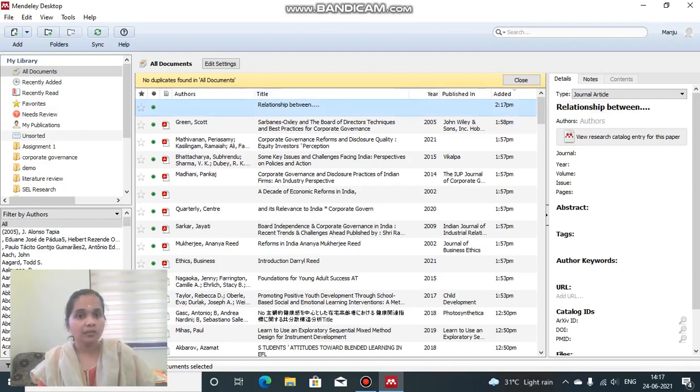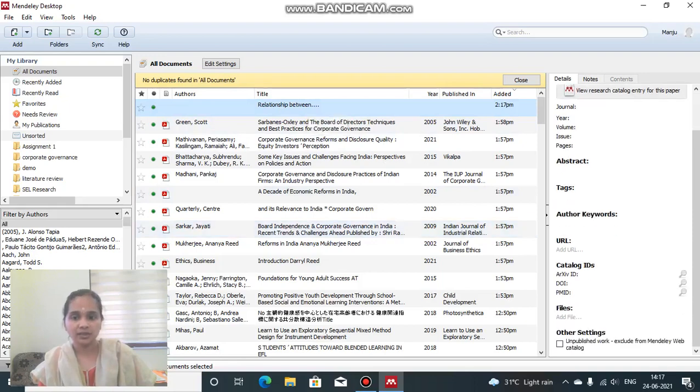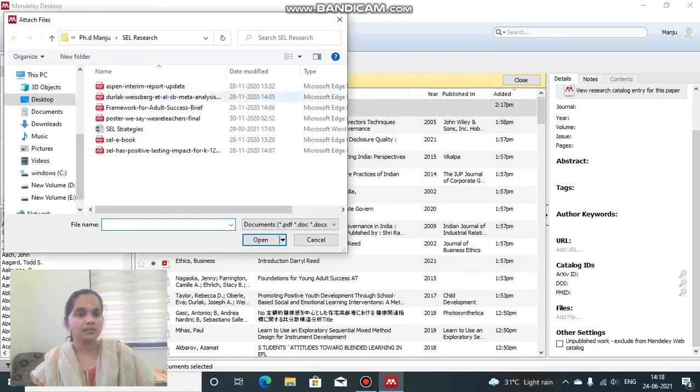If you have a PDF of it, or if you later get a PDF of it, you can add it here. In the file section, you see I have just selected this particular one, relationship between. So you can add files if available. Later, if you have some files, you can add them to your Mendeley Desktop like this.